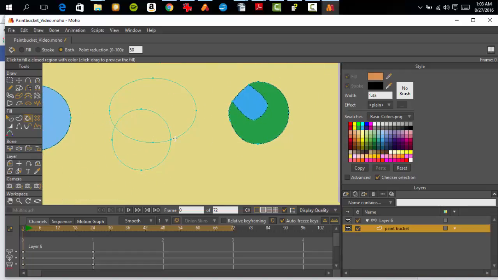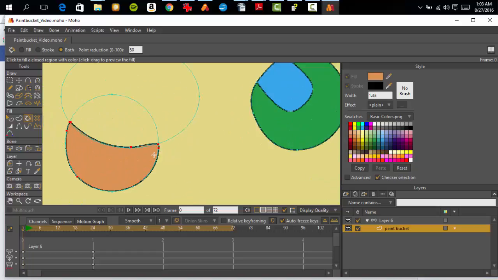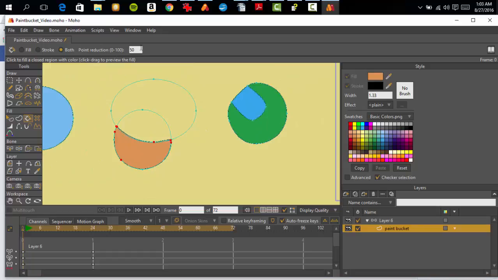Your corners are going to be sharper with more points, but there are so few points that it's easy to go back and tweak. Like, remember this one that we did as a Boolean function. It's got very few points, but these are not super duper sharp, and that's set to 50. If we set it to 100, let's see what happens in this one. Whoa, that's a little too much reduction, but it's still so few points that you could fix it. Let's go Control Z. Let's switch it all the way to 0,